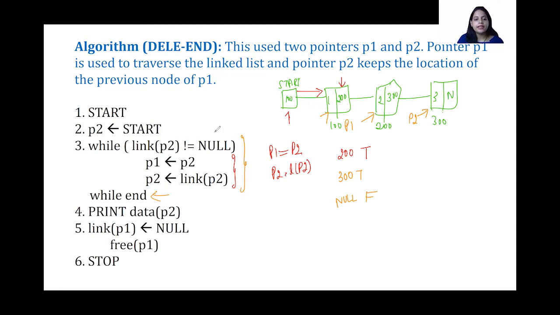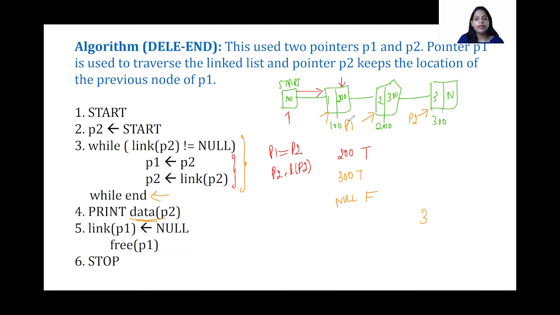Okay, I hope you're understanding. Mainly this set of steps is nothing but what we are going to do is traverse the linked list. P2 is the first one which is going to move first, and accordingly it is going to bring P1 along because we want P1 to point at the previous node. So P2 is going to reach the last node and P1 is going to point at the previous node, right? Next, once we get our previous node and the last node, I'm going to print the data of P2. That is 3 is going to get printed. Why so? Because we are deleting at the end node, right? So that is why I'm going to print the data of P2, and link of P1 is equal to null.